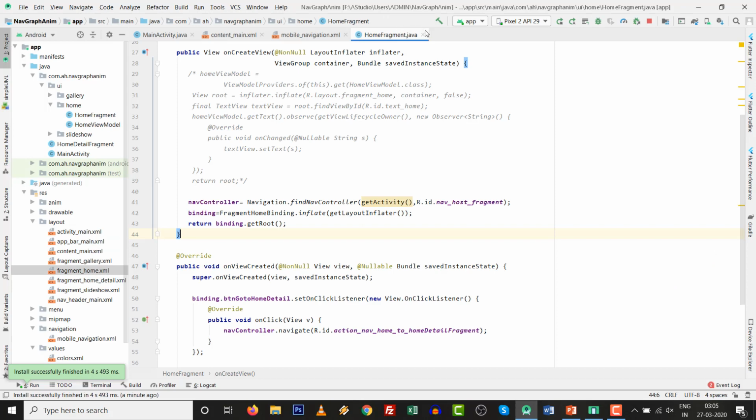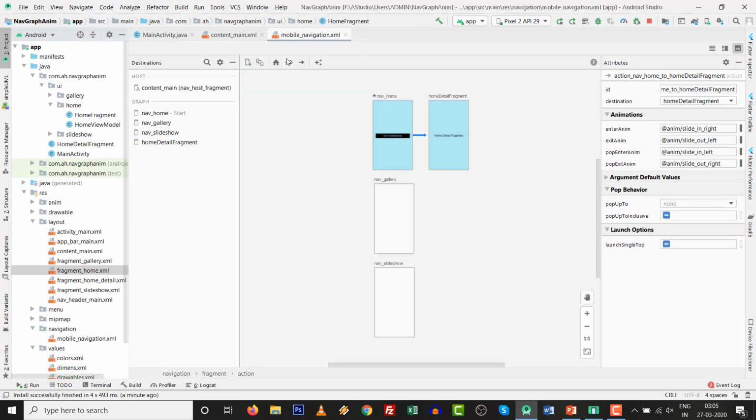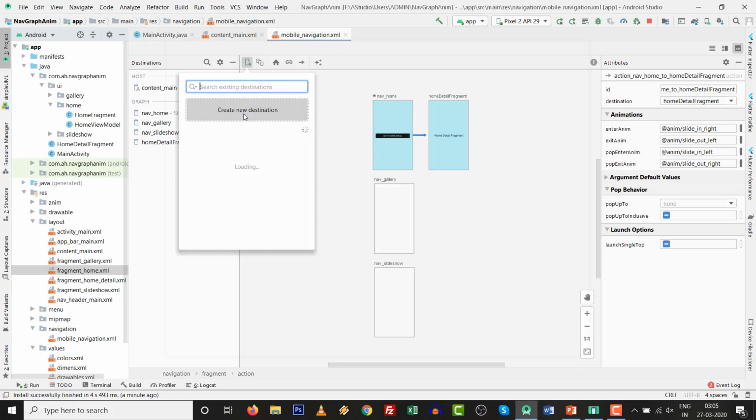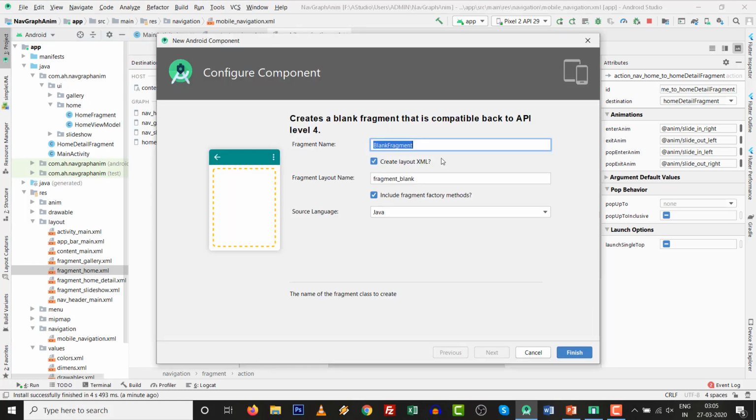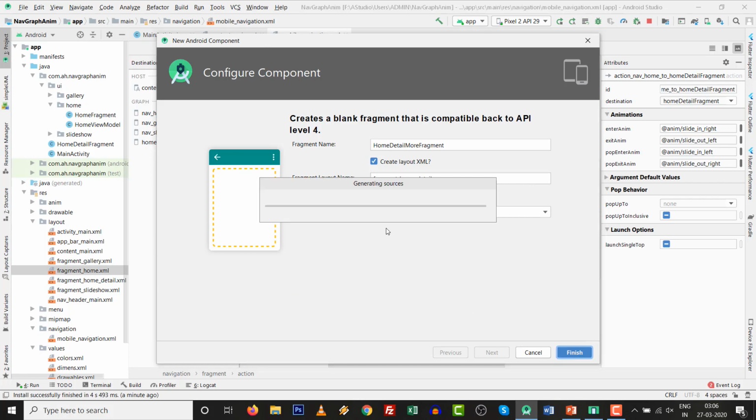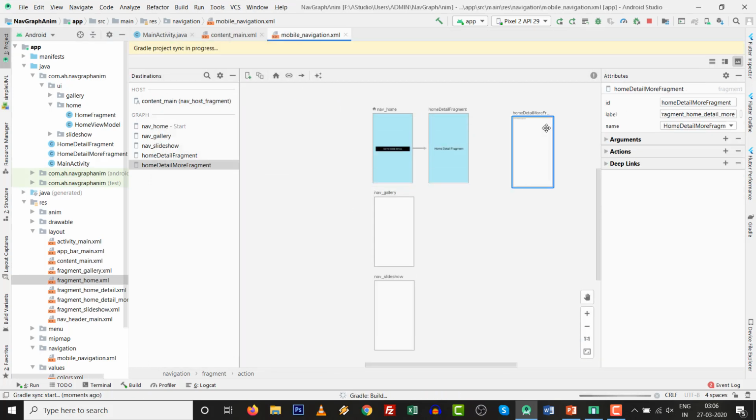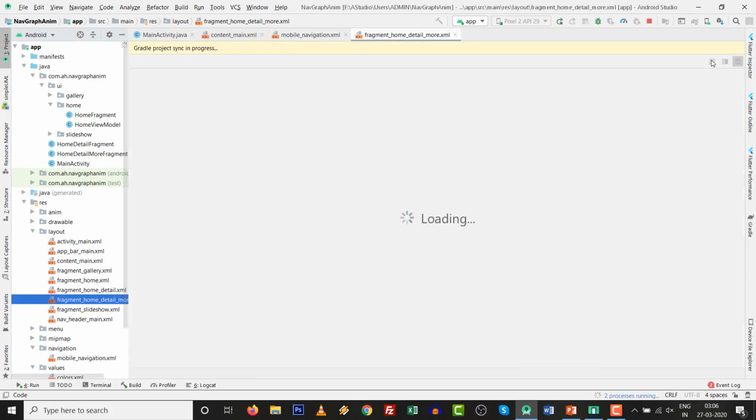So let's close it and click on this one, new destination, click over here, then give the name home detail. See this one, fragment name must be unique. Okay, I know that. I need more. So click on finish. Then we want to travel over here, home detail more. So go to home detail more fragment